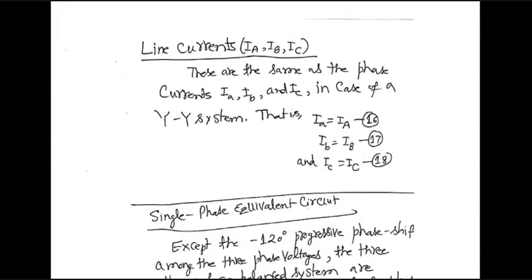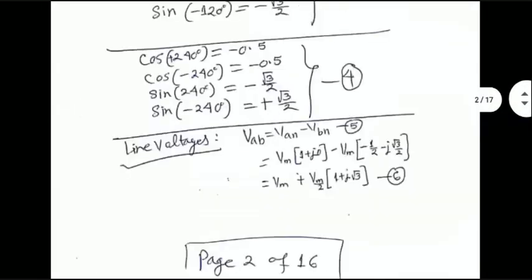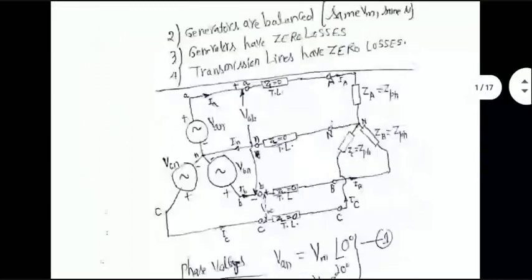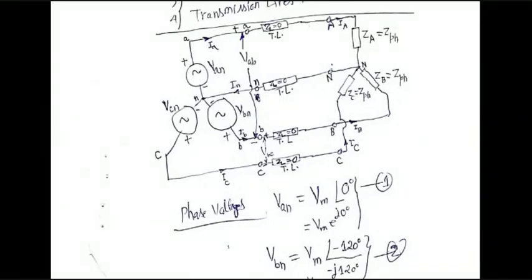Now, line currents are fairly straightforward in this case. Whatever is coming out from the phase wires will become the line currents. I small a is same as I capital A. I small b is same as I capital B. I small c is same as I capital C. When I go to delta-delta system, it will not be that way. There actually line voltages and phase voltages will be same, but line currents and phase currents will be different. That's why it is important to maintain this nomenclature. And the fourth wire is the neutral wire, which carries all the currents back to the generators. So I've shown the current flowing backwards.